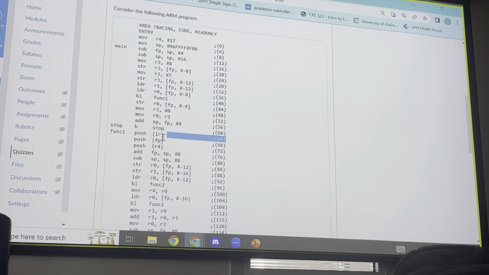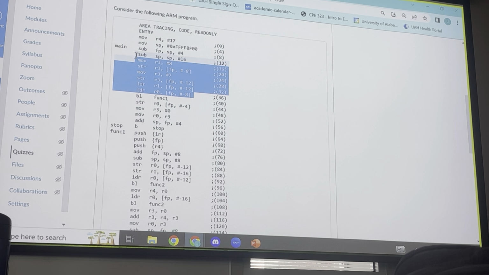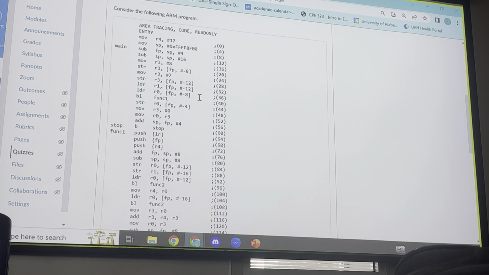Go back. Find where it calls to func1. Find wherever it calls function 1, right here. Yep. And then read and execute everything all the way back up to main, right? Yep. Just follow it down, step through the code, find out what your stack pointer is. So where does stack pointer change? Right there. Does it change anywhere else between there and line 64?